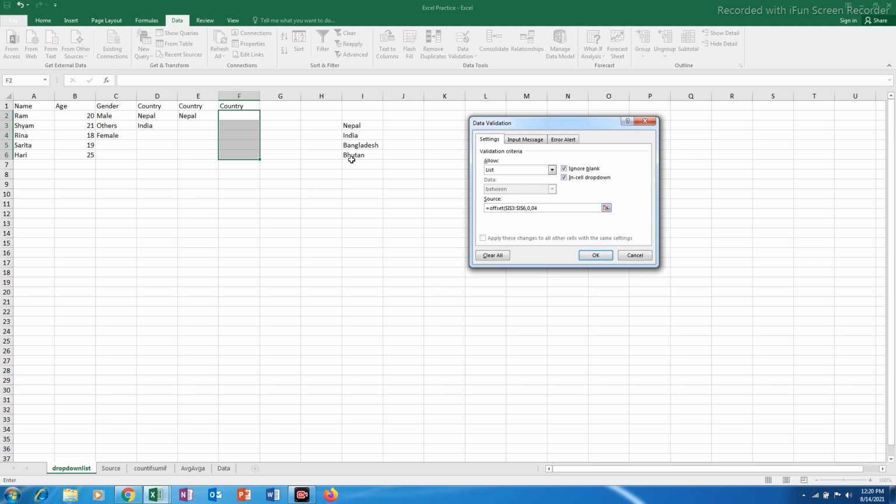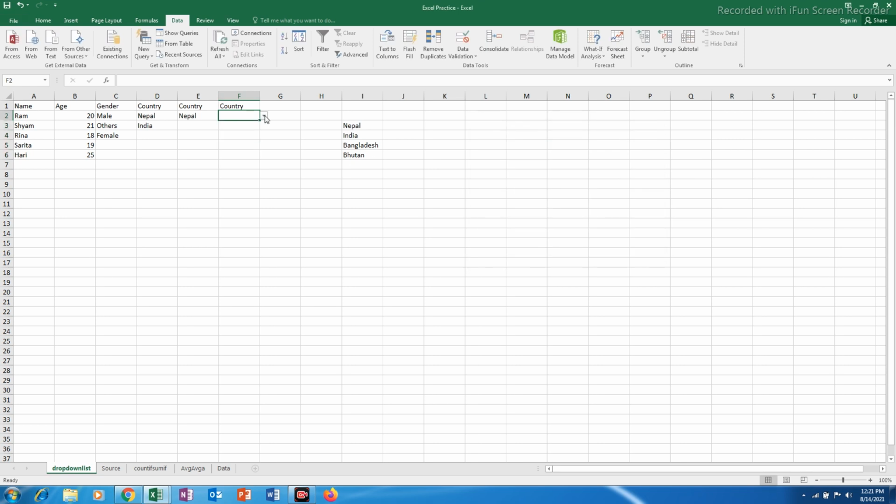So 4 comma 4 and then close the bracket. So this dollar denotes the range data, and this 0 denotes rows and other 0 denotes column, and then 4 denotes how many data you have, and then okay. Now if you click here, you can again select the drop down list.